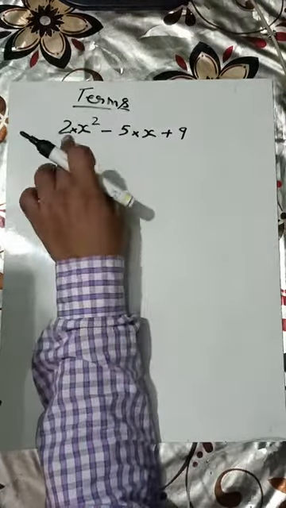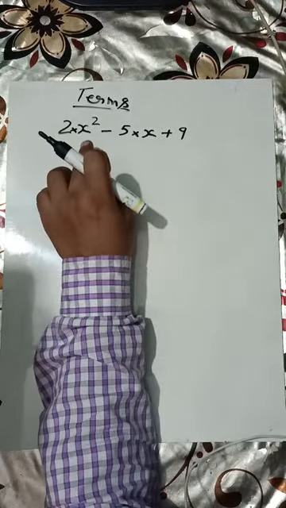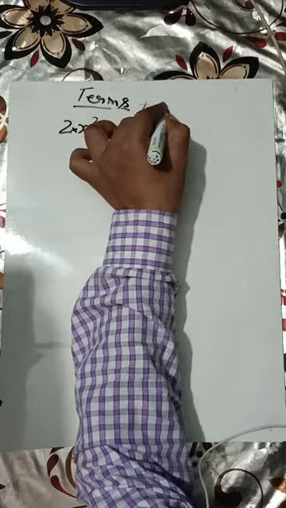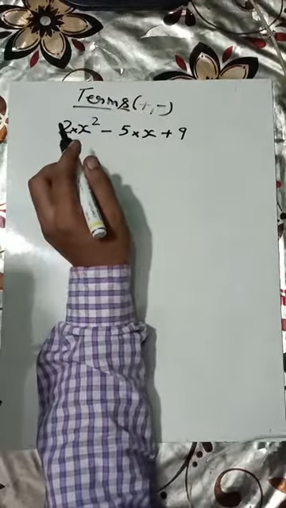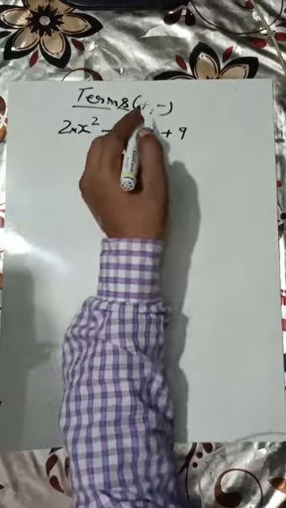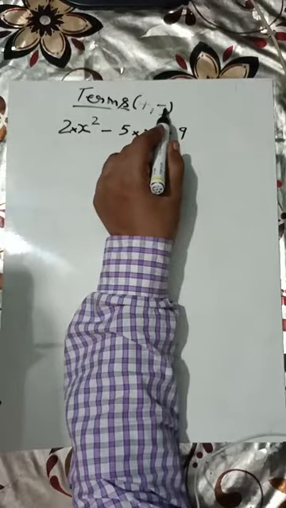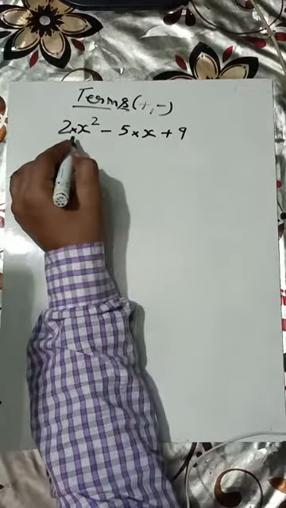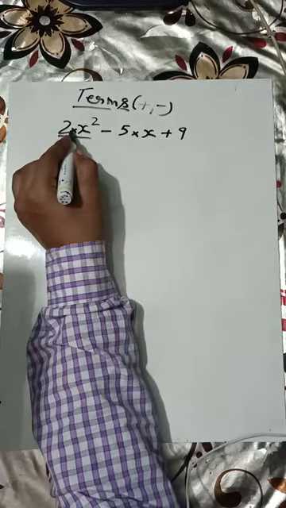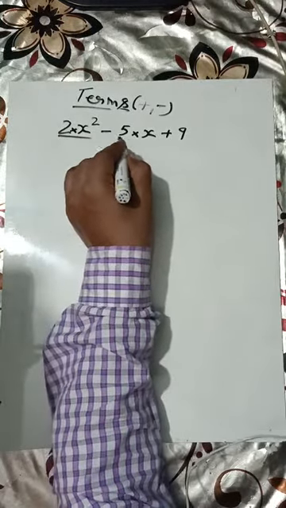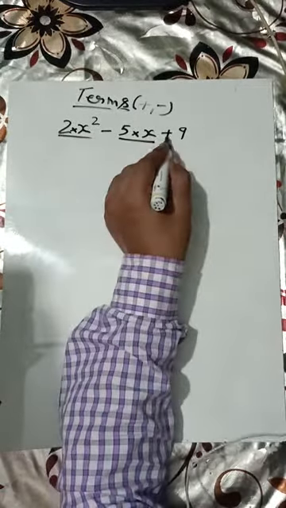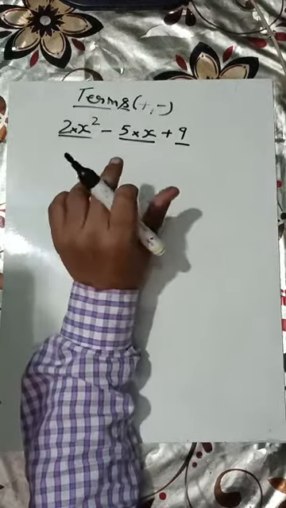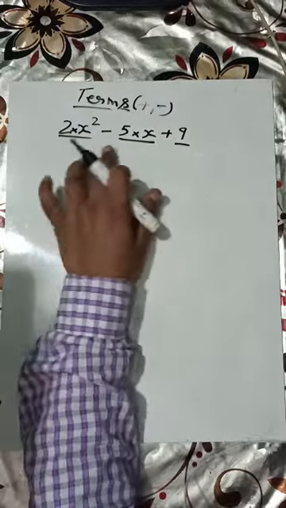This is an algebraic expression. The terms are the parts of an algebraic expression which are separated by plus or minus sign. When we are looking for the terms, we only consider two signs, plus and minus, meaning addition and subtraction. So look at this: this minus has separated this part. We do not consider the multiplication sign. Here the minus is separating this part. Plus has separated this and this part. If you see this minus and plus together, they have made 3 parts of this algebraic expression.